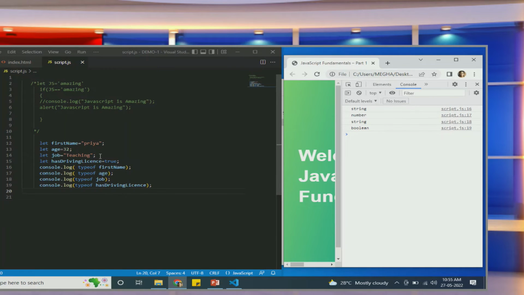So undefined and null we will discuss later. Undefined means if you are not assigning any value to the variable, at that time the data type will be undefined, and null we will use in a different concept that I will explain later. Okay,